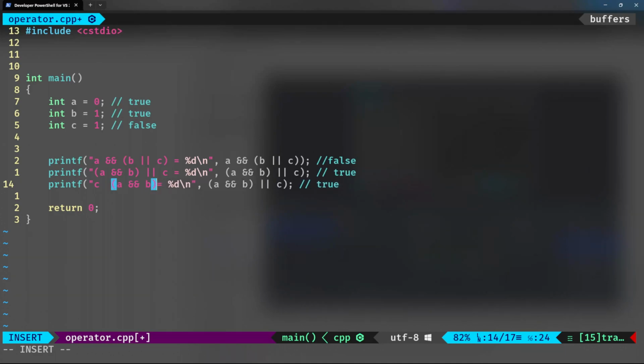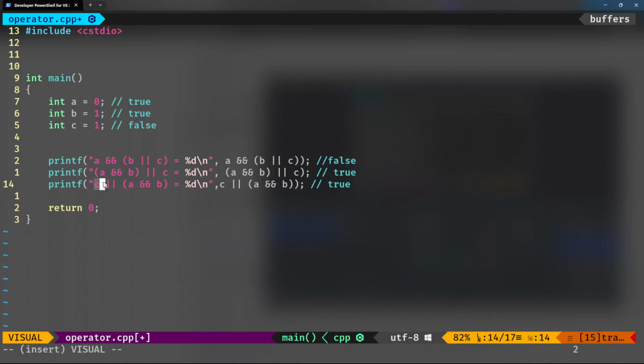Okay, this is my next expression, and with C I am providing an OR operator. So now C is 0, and obviously this will be C or A and B. So now, is this true or false? So I have C here, and I know that this A and B, there obviously,